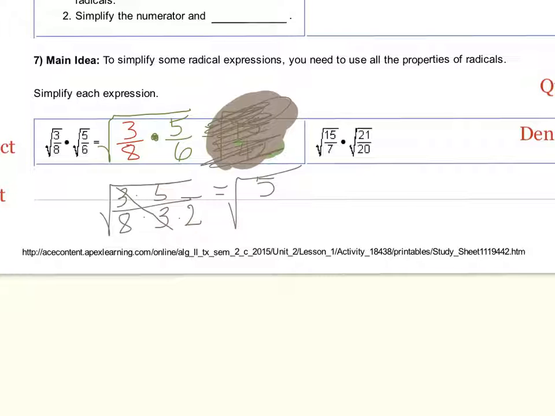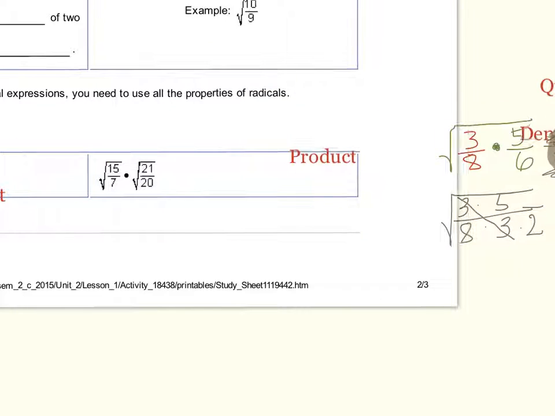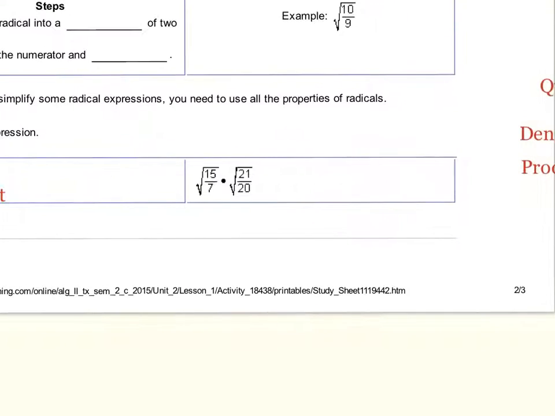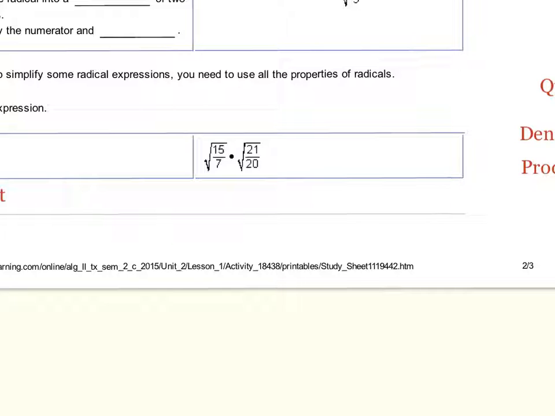So the square root of 5 over 8 times 2 is 16. And since 16 has a perfect square hidden in there, I'm going to put the square root of 5 up at the top. And down at the bottom, I hope you don't mind this shortcut, I'm just going to put a 4, because 4 times 4 is 16. And that's it. You're pretty much done with that one. Okay, let's get all of that out of the way. Our last problem is